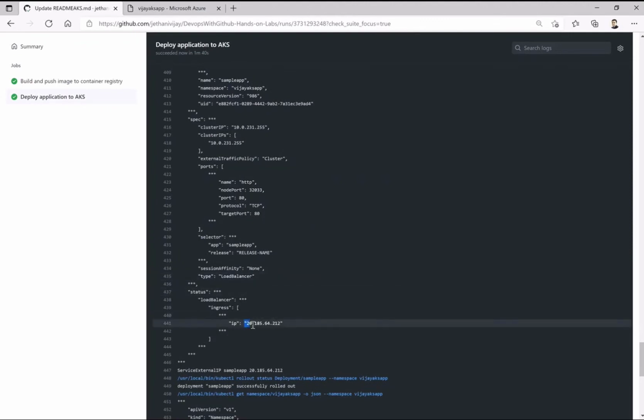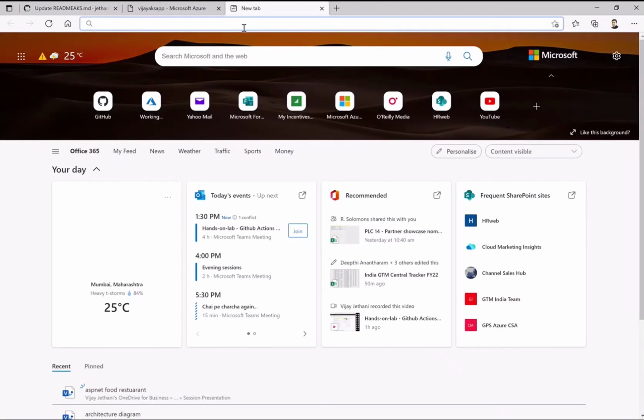Okay, here's the IP. So this is for me to access the app externally using the load balancer.